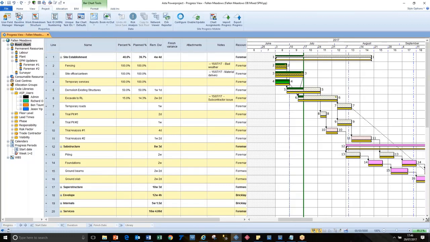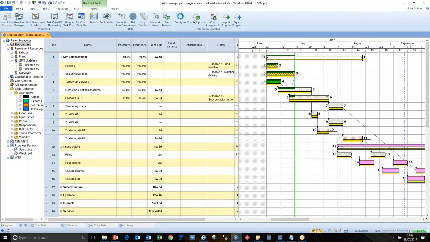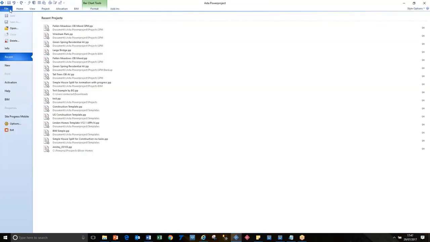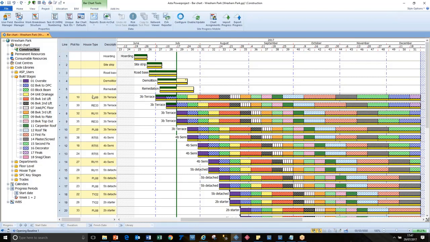Okay, so we've created users and we've associated them with different activities, so we know who's getting what. We can see the alternative for resources, but there's also another, and we've done everything we need to do in this particular project, but there's another mode which we need to talk about, which is when you've got multiple activities on one row of the plan, and typically this is done for housing projects. So typically in housing projects or apartments,